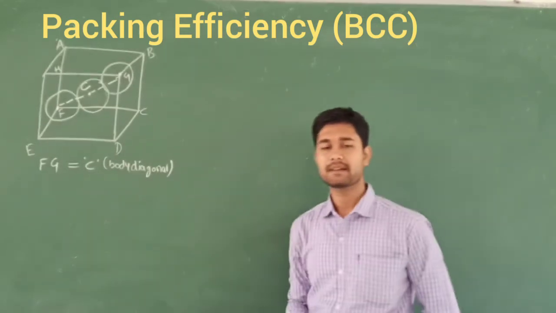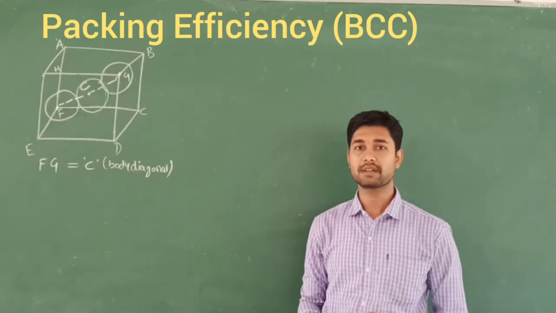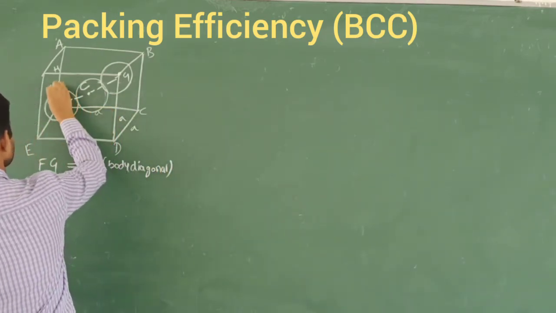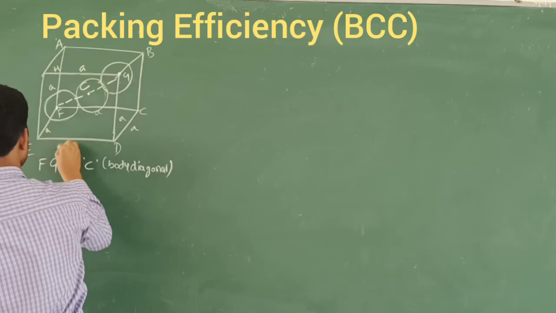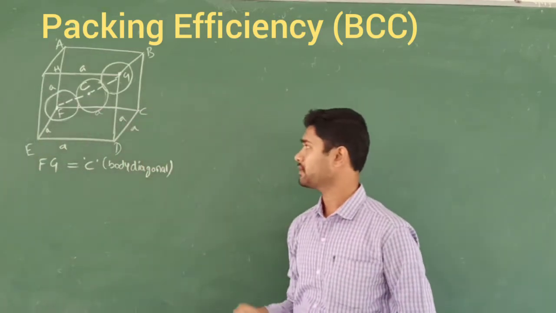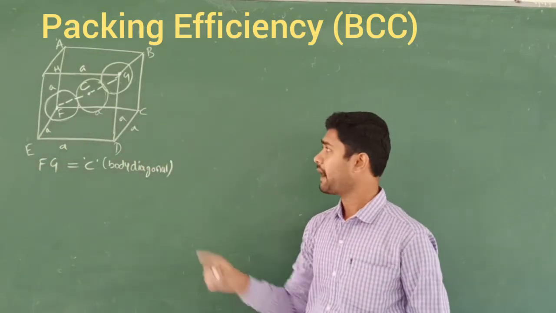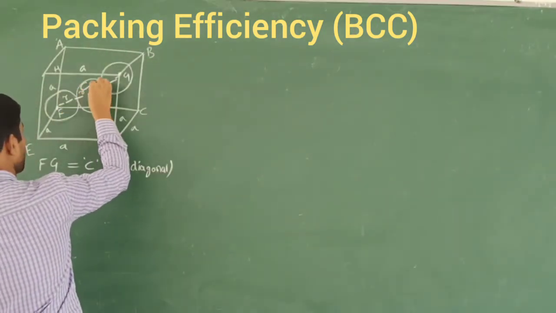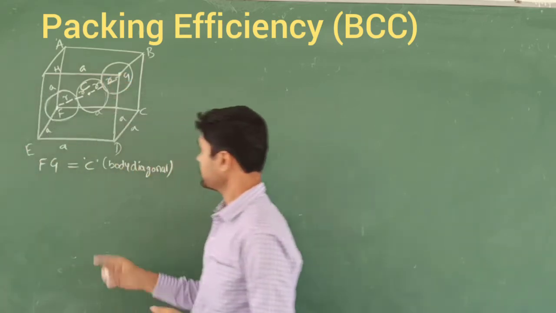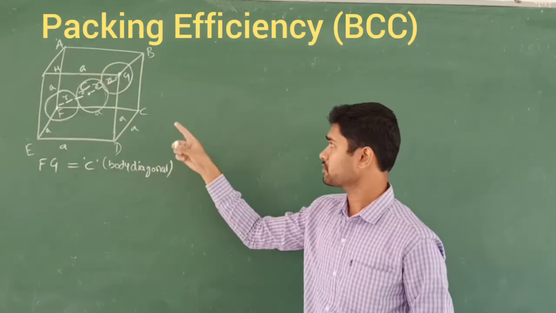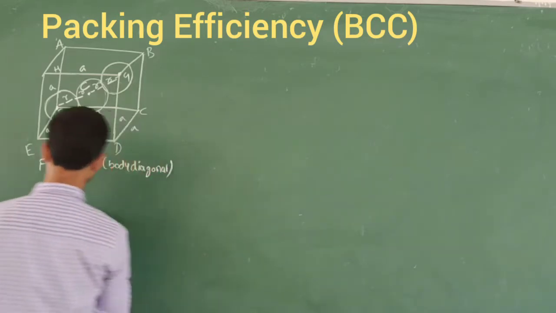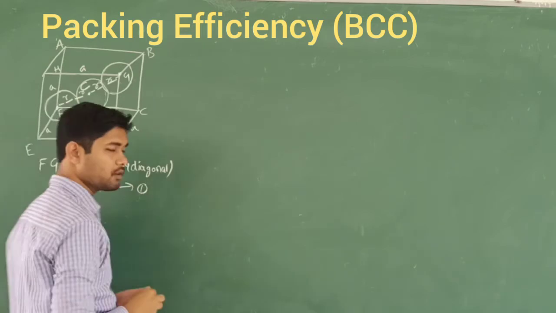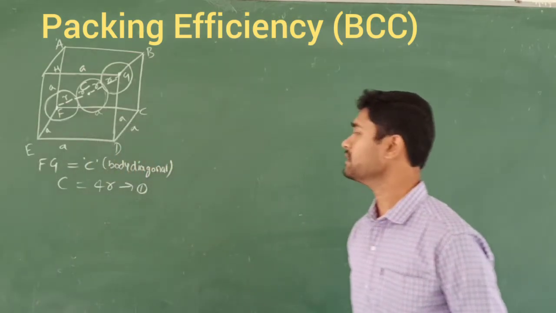And A is the side of the cube, or edge length of the cube. Everywhere I am going to write A, and this is A and this is A, everything should be the same, right? A is the side of the cube, and you know that R is the radius of the sphere. Similarly here 4R will be there. That is, C is equal to 4R. I am going to call it equation 1, because 4 radii will be there.